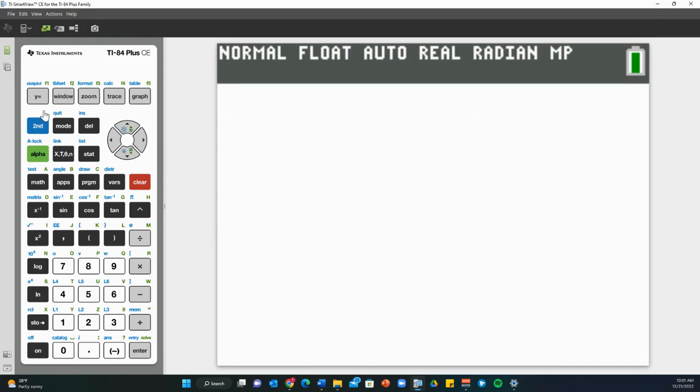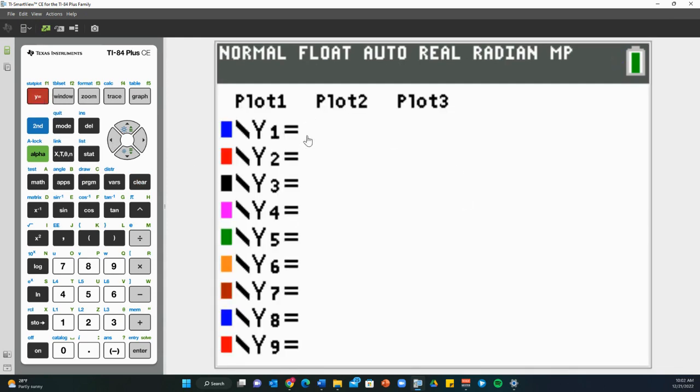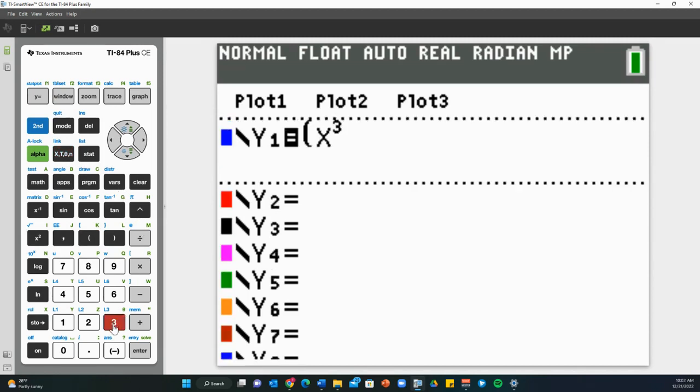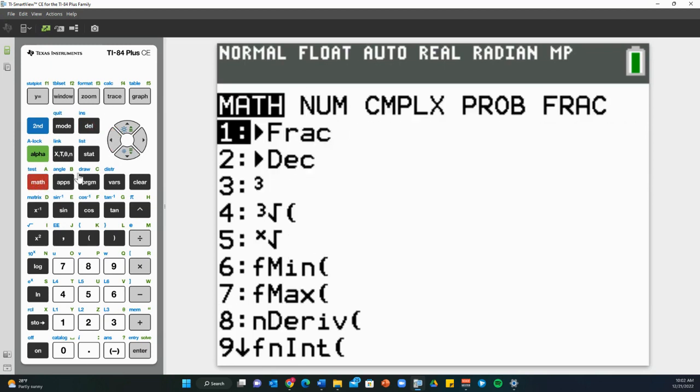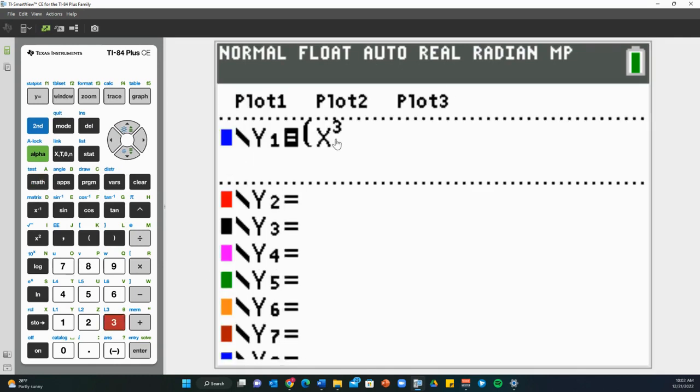If you don't remember, it may have been a while, when we go to graph functions, or if we want to use the table feature to input values, we have to use the y equals menu, top left corner. This is a rational function, which means I need parentheses around the numerator and the denominator. So I'm going to do parentheses x cubed. You can use the caret button to get cubed, or you can go to math, and then the third option is the cubed power. So we got x cubed minus 1, close parentheses,